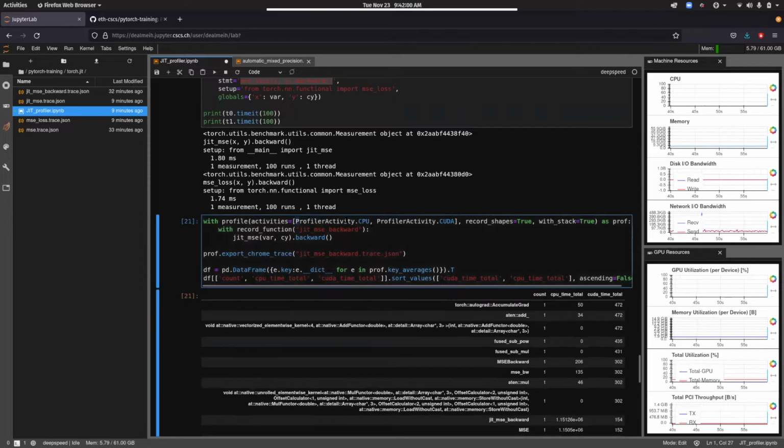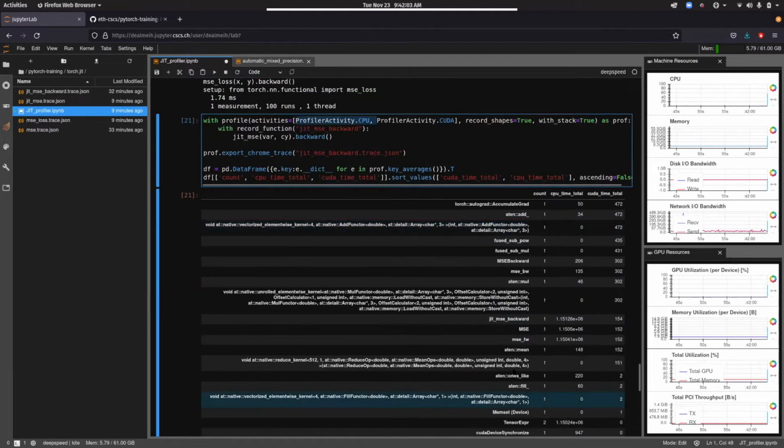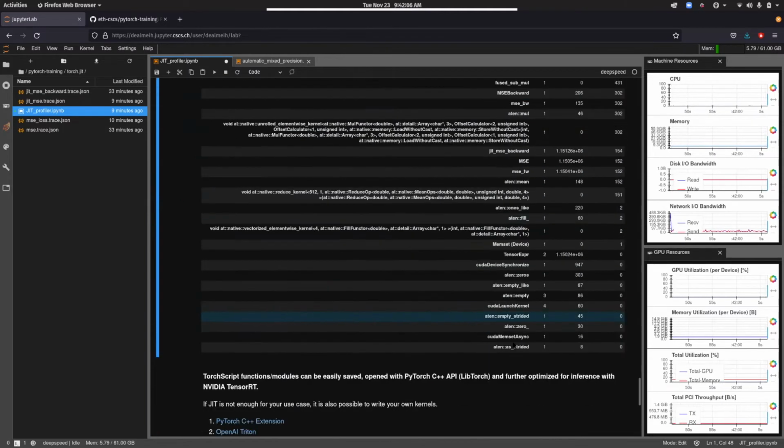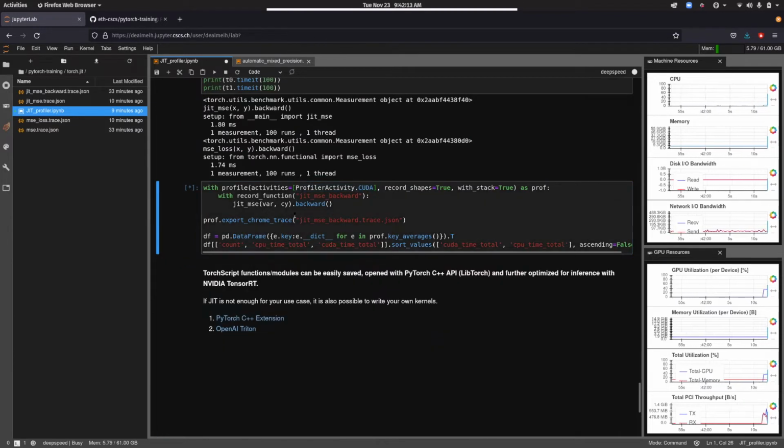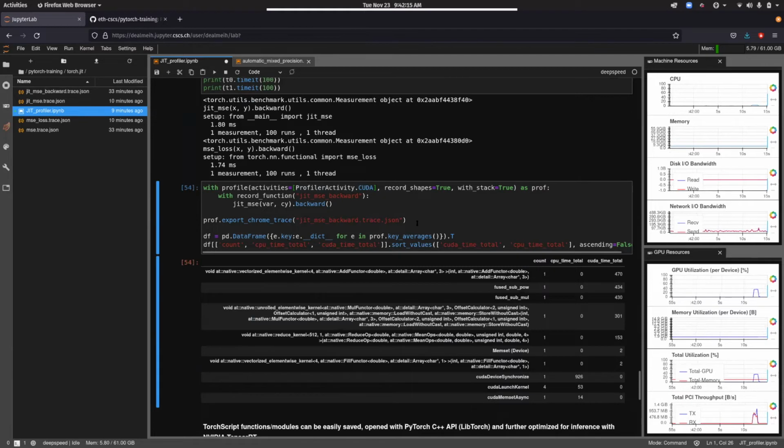Now I added the CPU here as well, just so we get better annotation, but you see it gets really noisy. It has lots of functions going on. You can reduce that by using just the CUDA functions. And now you can see very nicely that I have the subtraction and the power as we had before